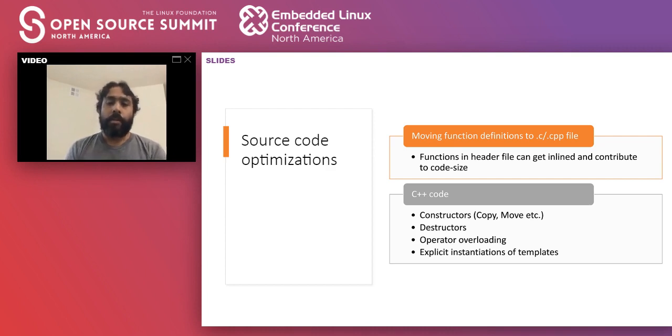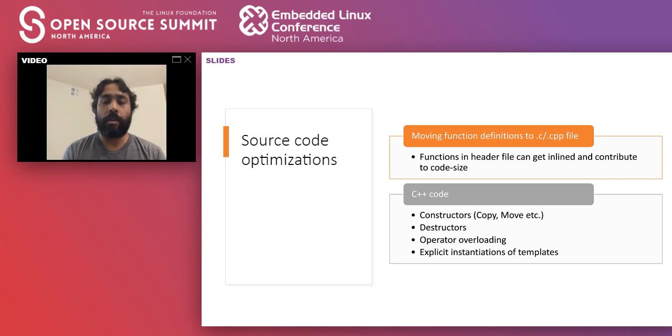In C++, it is quite a habit for many developers to write code in the header file. They'll write the entire definition in the header file, even if it is not templated code. So when we put a function definition in the header file, it just gets copied over and over to all the translation units. And in a big code base, imagine if you have some widely used header files, it can have an insane amount of